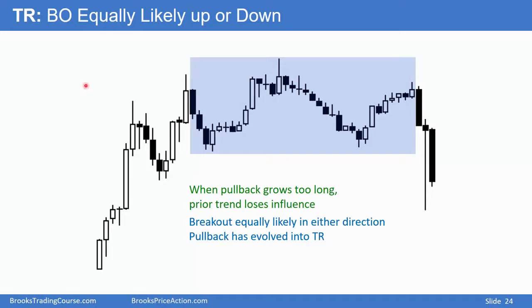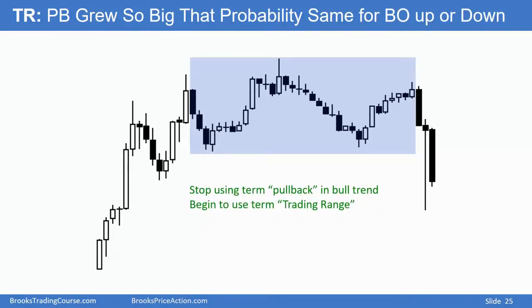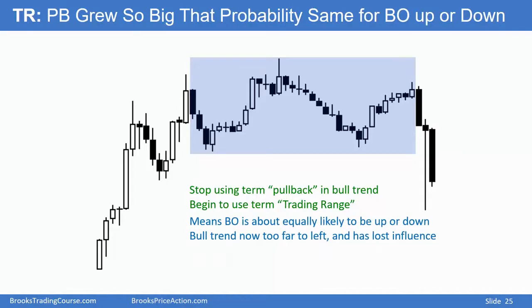Again, the bulls see a double bottom bull flag, and the bears see head and shoulders top or a wedge top and then a lower high major trend reversal. Whenever you look at a chart and you see a good argument for the bulls and for the bears, you know you're in a trading range. I stop using the term pullback and I start to say trading range. Equally likely that you'll get a bull breakout as it is that you'll get a bear breakout.